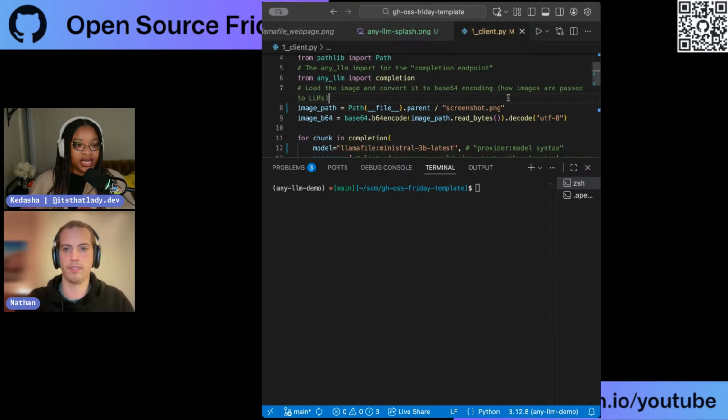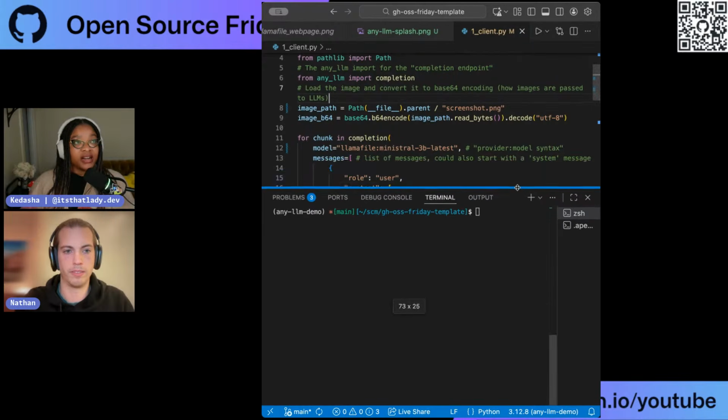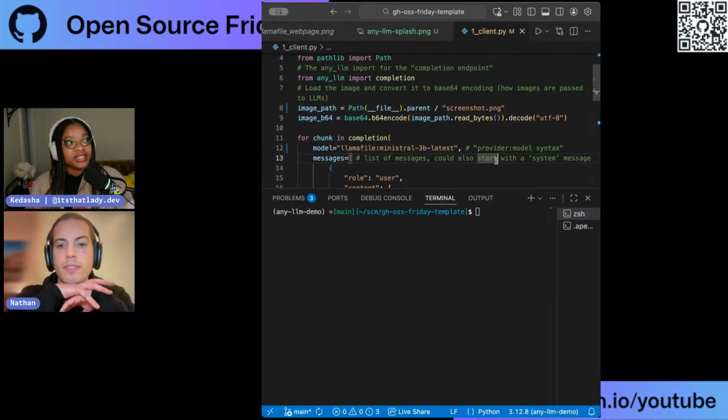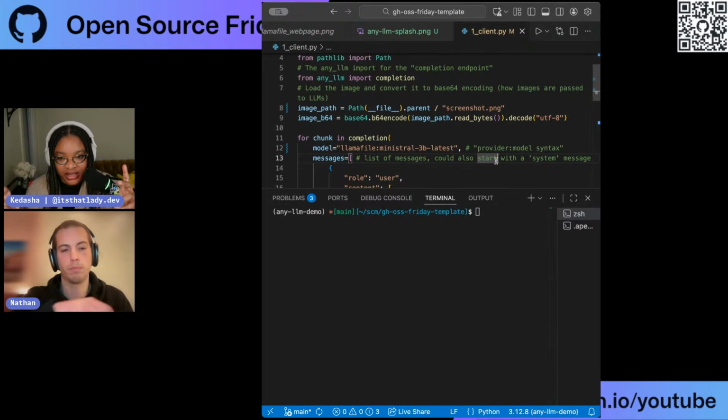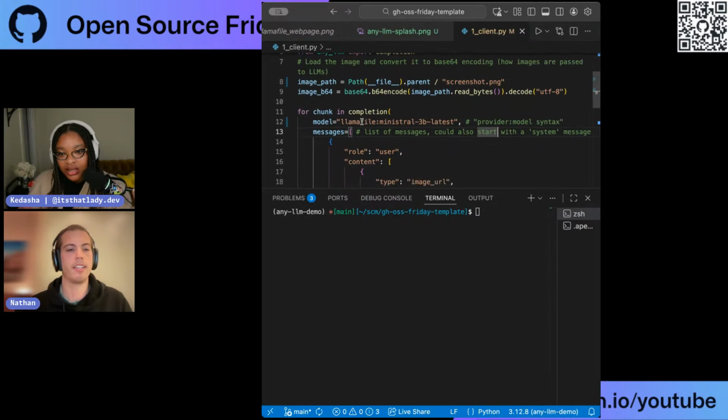Nice, nice. And how does any LLM, I guess I want to understand the configuration, the architecture of it. How does any LLM know the provider and model? What does that look like behind the scenes? Yeah, the technical guts behind the scenes is that there's a couple of different ways to specify what provider and model you're going to use.